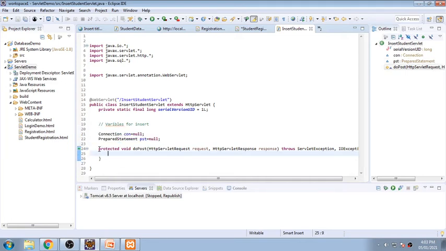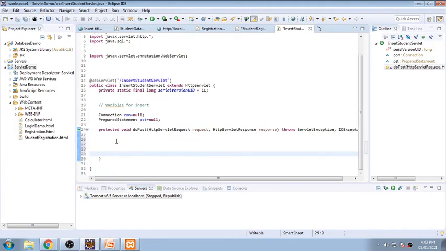Now I will be writing code into the doPost method. So everything will be written into a try catch block. So I am initiating a try and I am catching everything into a catch. I will be using only one exception, so not wasting time writing everything. So Exception e, and that will be handled in this bracket. Now help me to write the code.